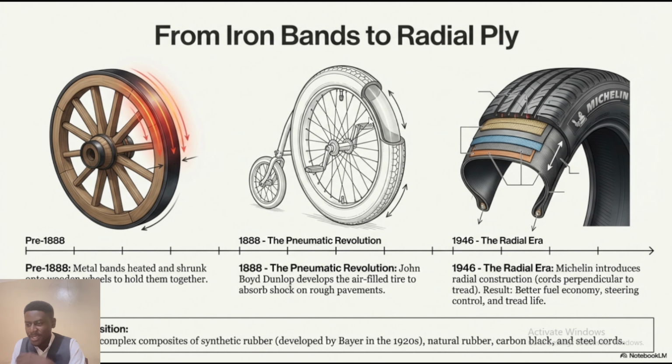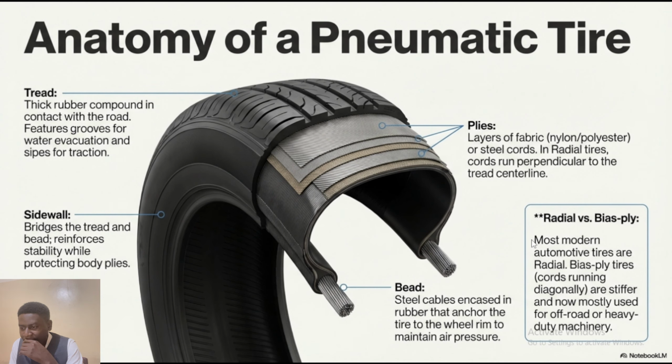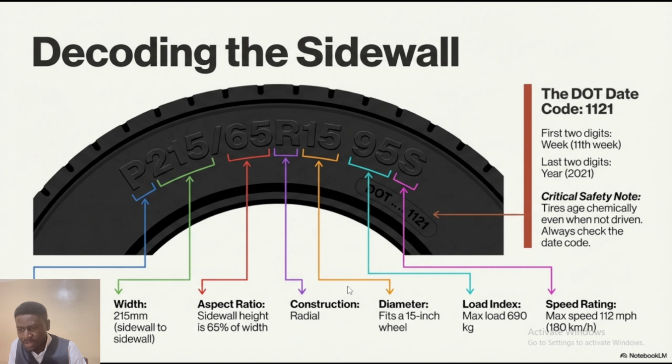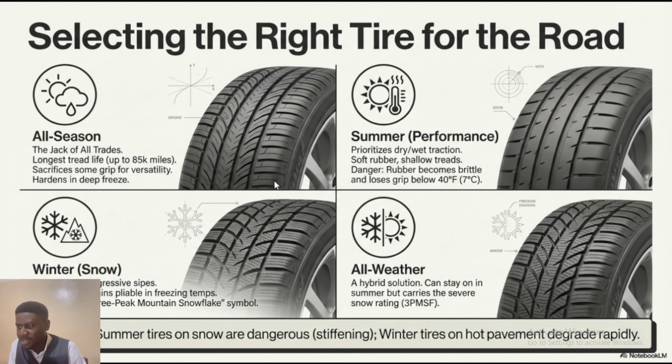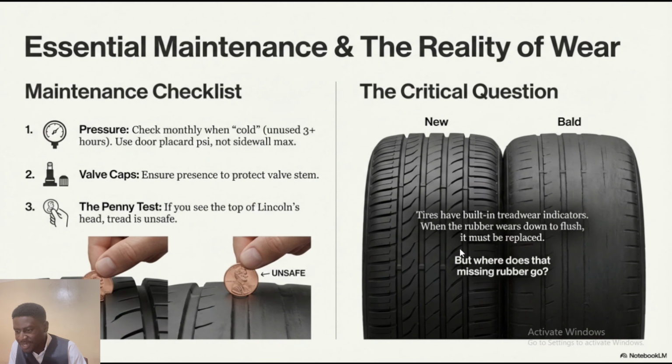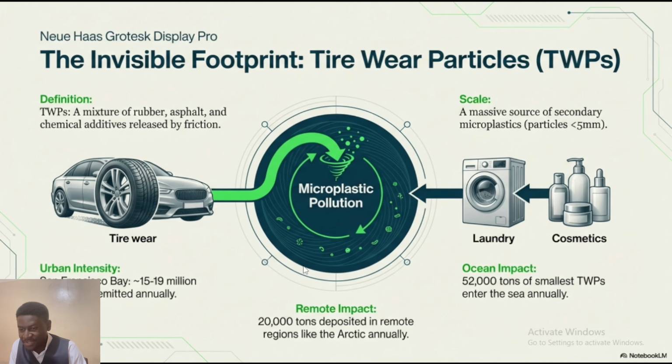Evolution of tires. Like the detail is crazy. The pneumatic revolution to radial era. What? The level of detail is crazy. The anatomy of a pneumatic tire, then these steel beads that we see when tires are burnt, the coding, the type of tires with the treads, the penny test. Yeah, this is okay, good. This is how it's supposed to look. I didn't even